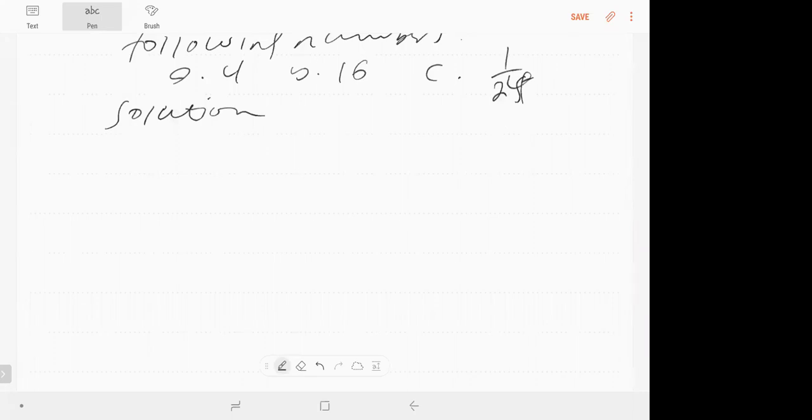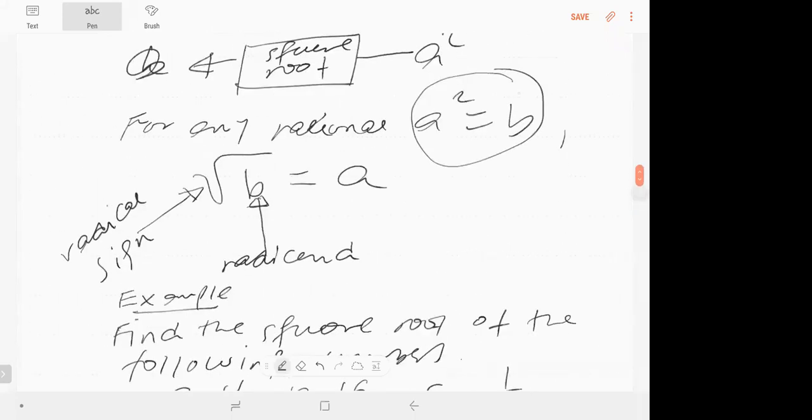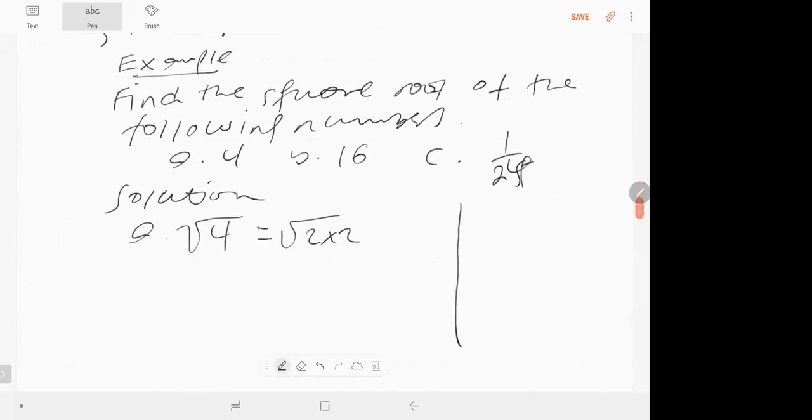We are asked to find the square root of 4. 4 can be written as 2 times 2. As we said before, if a square is equal to b, then the square root of b is a. So with this definition, the square root of 4 is equal to 2